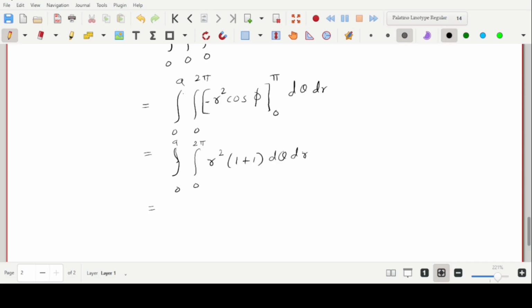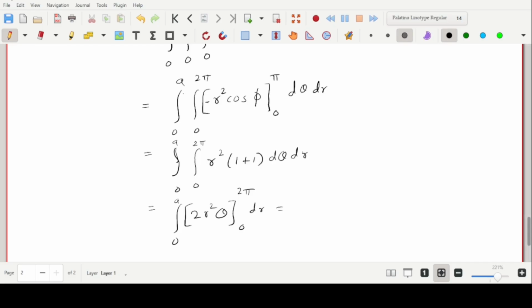So therefore it will be like 2 times r square theta, 0 to 2 pi, dr,